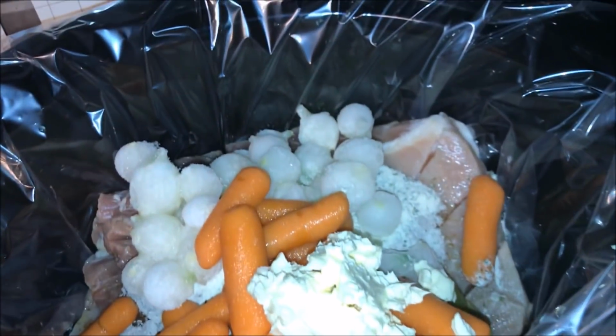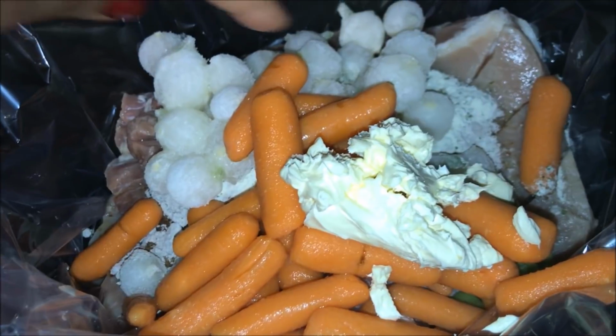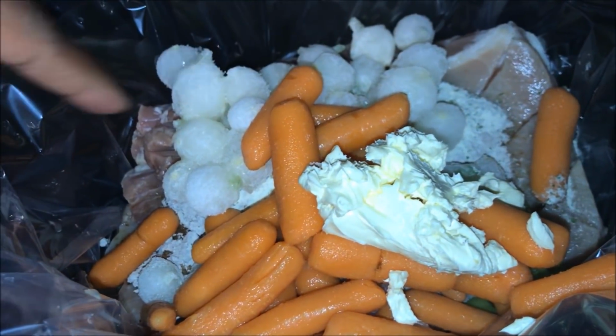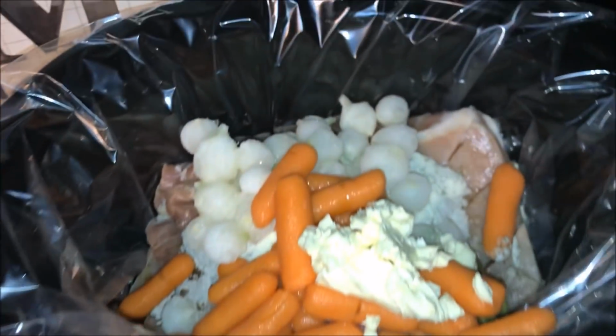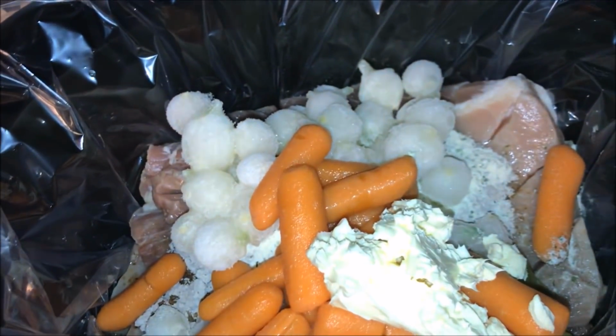So here's what I'm doing, right? So I have the pork ribs, but I actually have two of these. So there's one whole section this way, and then there's one underneath them. So it's two. It's going to make a double batch. I'm also using some of these bird's eye white pearl onions that I have had in the freezer, and then